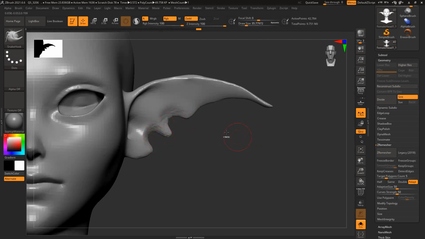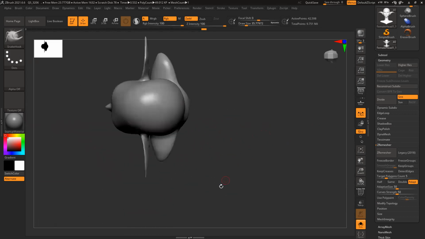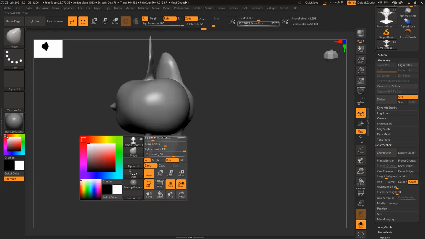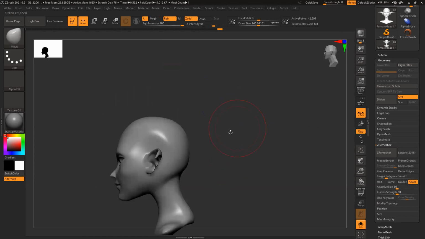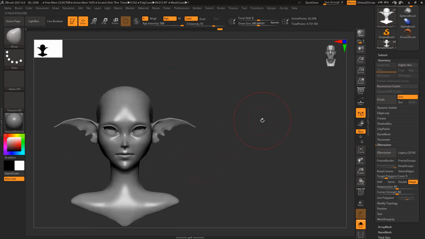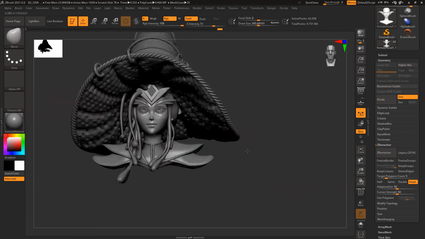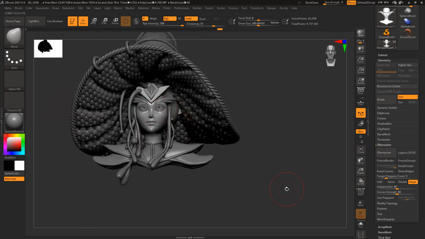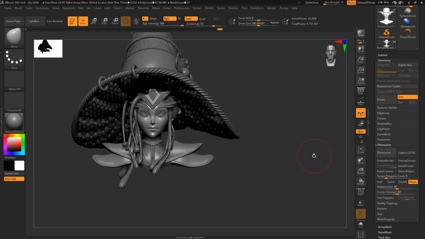If you notice, most of the things are just pull, push, and create the shape. It's all about that. Move brush slightly bigger to create this nice curved bend. So now I can see half of the things are going inside the hat. So I have to fix the pose now.